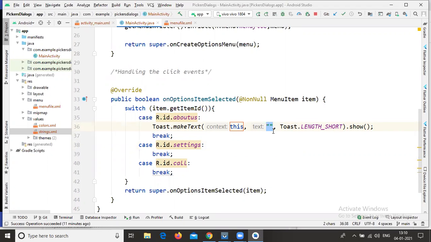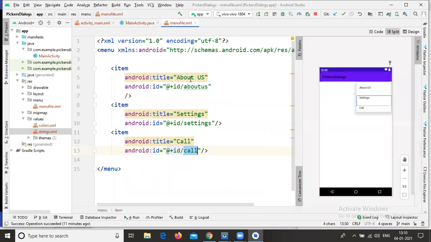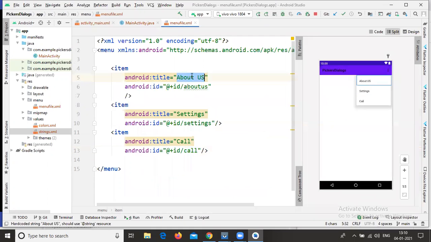In previous projects, you all wrote a static message, but I don't want to do it like that. I want to get the title dynamically, that means whatever title you write inside the particular item, I want to get that title, in a dynamic manner, not a static manner.